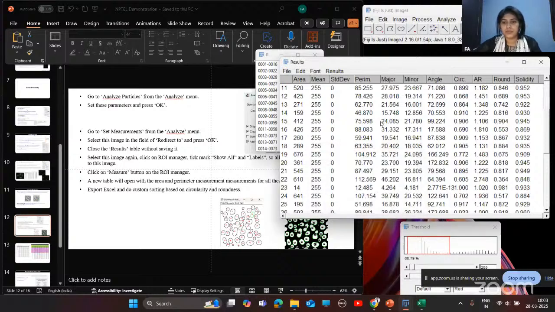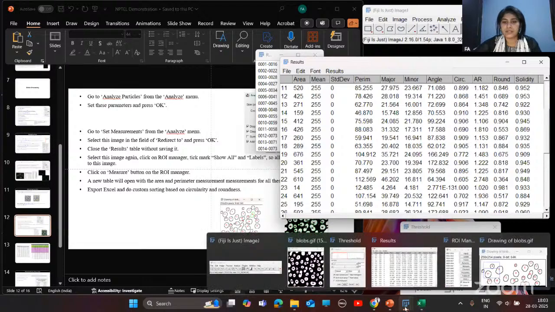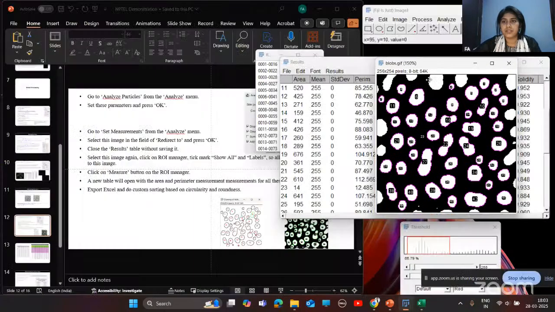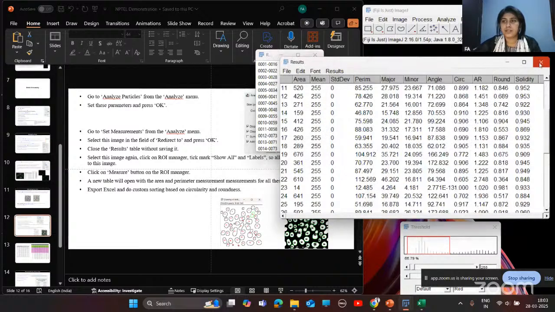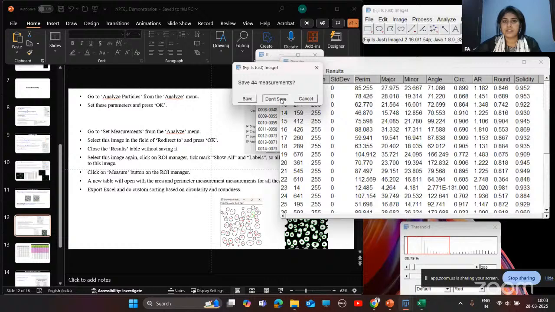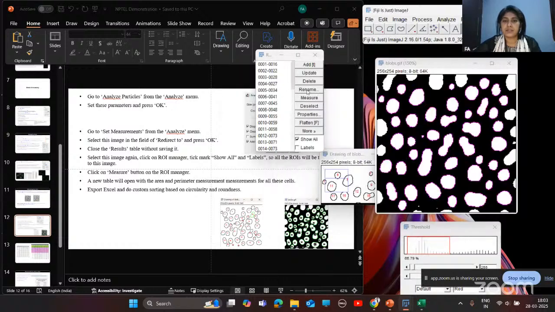And if you want to quantify this from your original image, you can go to this, and here you can close this without saving, or you can save it for your comparison.